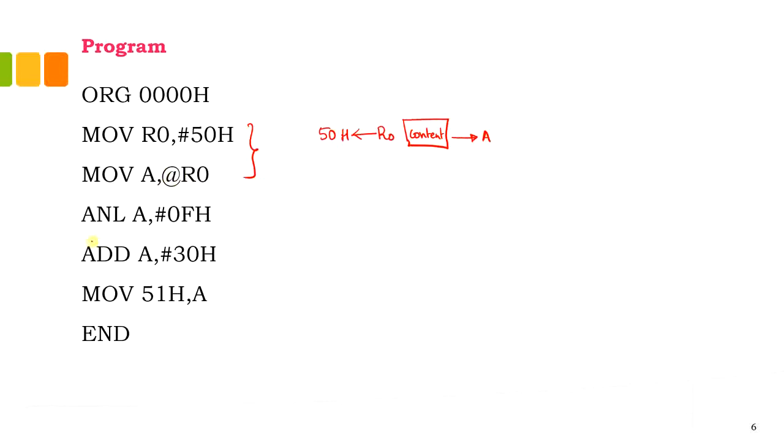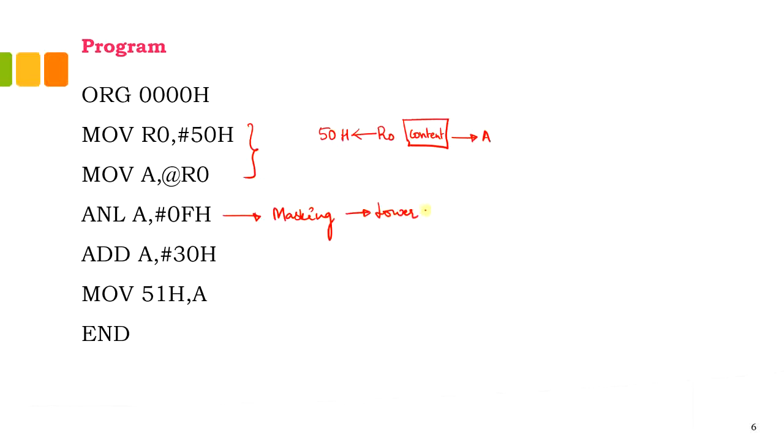Then if the number is an 8-bit number greater than 09, we need to mask it. If it is a number within 09, also if you mask, the result will be the same. If not, you have to mask it, then only you will be obtaining the lower nibble. So you need to mask it. So this AND operation is meant for masking, mainly to obtain the lower nibble.